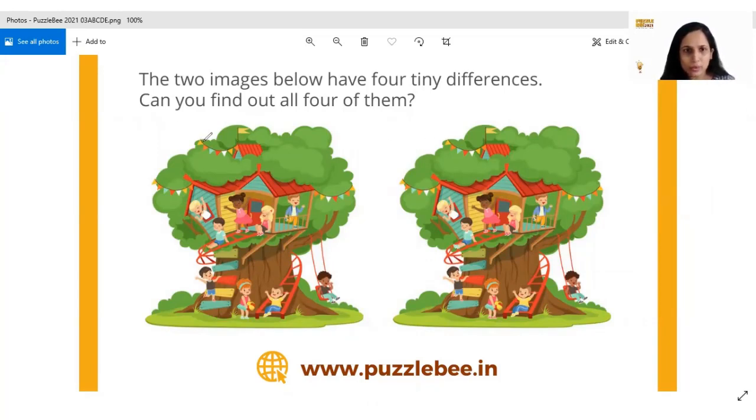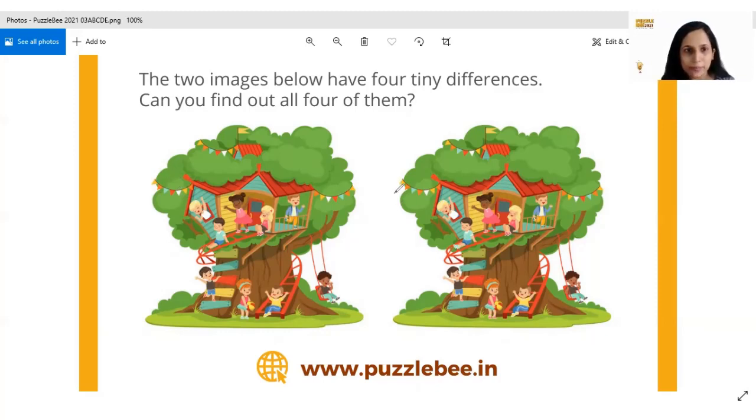These flags: I see yellow, orange, blue, red, white, yellow, orange. Yellow, orange, blue, red, white, yellow, orange, no difference. The big flag here is again the same color. So I don't spot any difference here, and this part looks fine. Let's take a look at these flags. Yellow, orange, blue, red, white, yellow, orange. It looks like it's the same order.